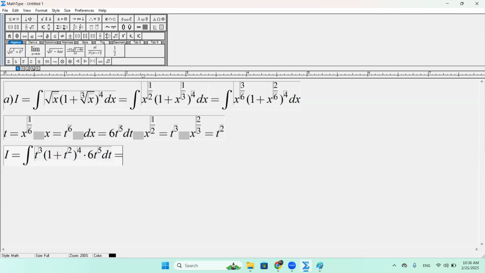And now let's move 6 out of brackets. Here we have t in power of 8, and here 1 plus t in power of 2, and this expression in power of 4 dt. Well,